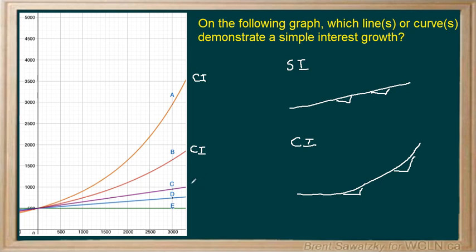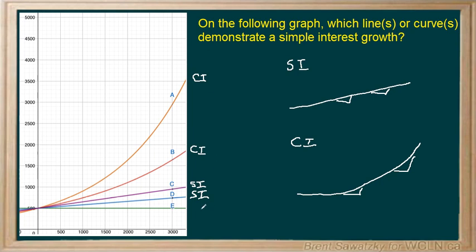Simple interest, we see this straight line here on C, and that makes us think of simple interest growth. It's coming up to the right, and it is a straight line. We look at D and we think, yeah, that's also going up, and it's also a straight line. It doesn't grow as fast as C, so not quite as good of an investment, perhaps, not as good an interest rate. So still simple interest. And then that last one, it is a straight line, which makes us think of simple